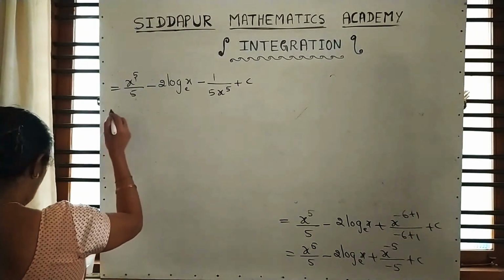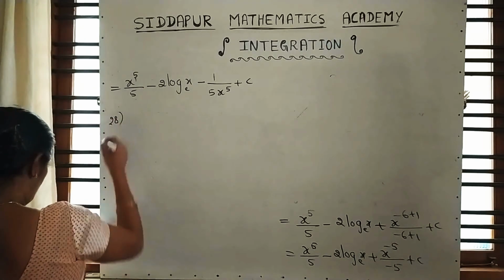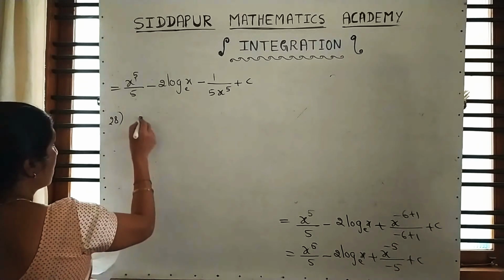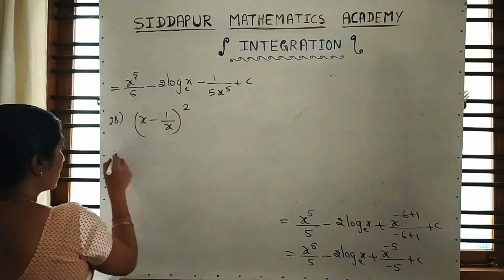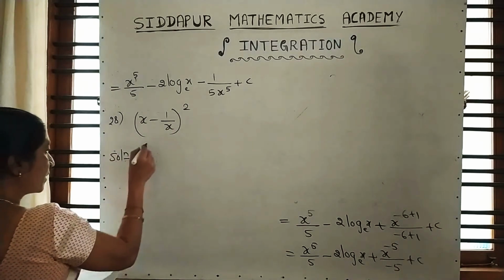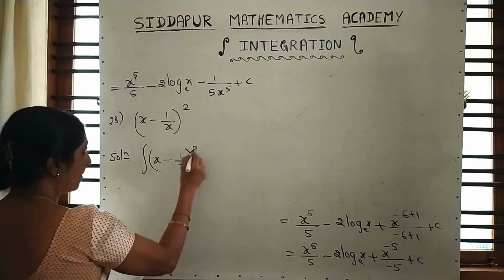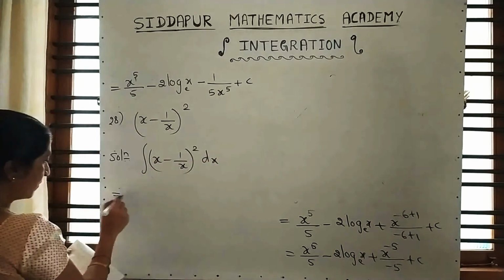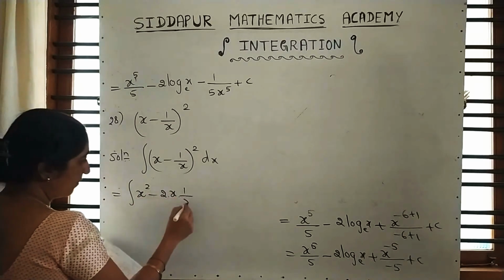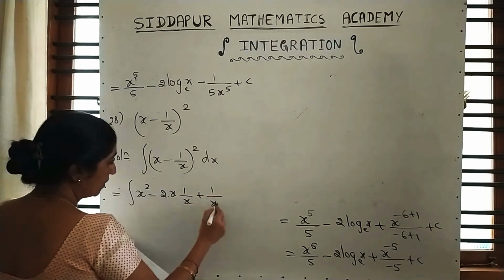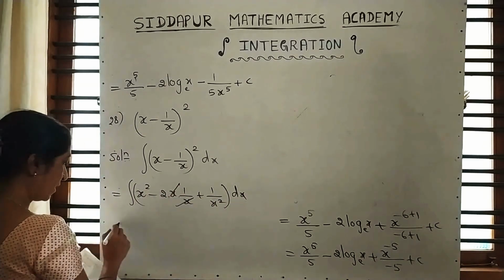Question number 28, sorry, 28. x minus 1 by x whole square. In the solution, let us start with this integration sign. Again, a minus b whole square: a square minus 2ab plus b square. Here x and x get cancelled. Directly